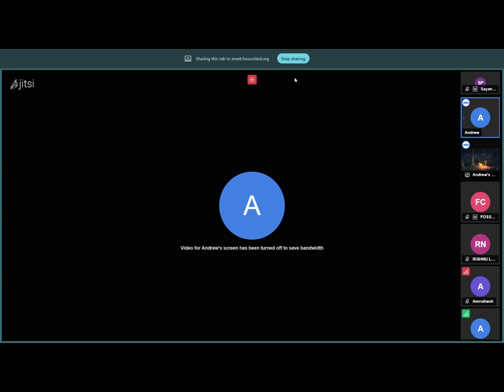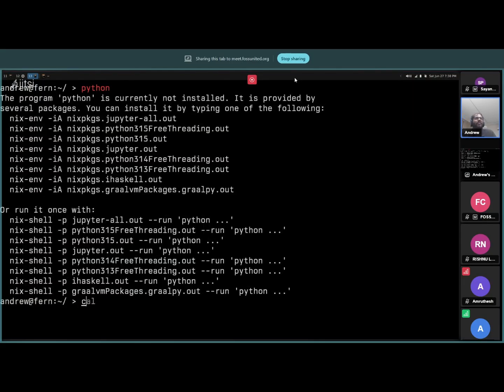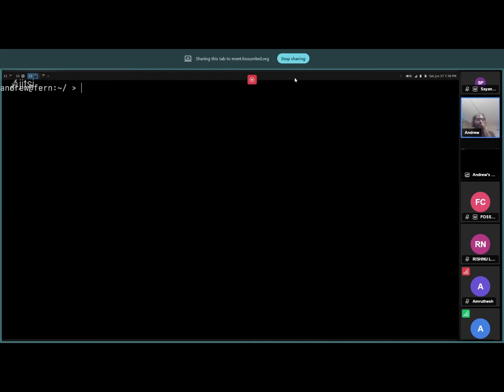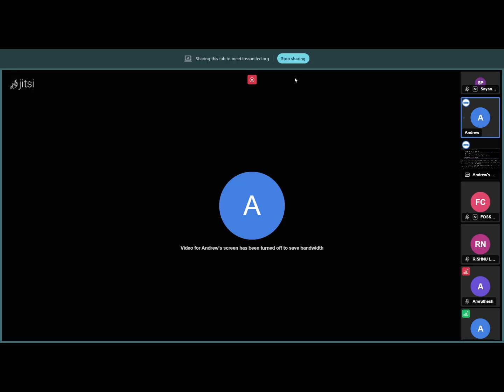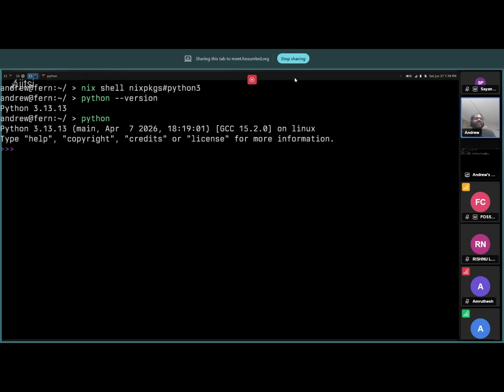So I am in my system, in my computer, and I don't have Python, for example. I don't write programs in Python much, so I don't have Python installed in my machine. So there's no Python. But let's say I quickly want Python, right? I can run this command called nix shell, nixpkgs. So in nixpkgs, I want Python. Okay, I had to say specifically which version of Python. So it's Python 3. And now if I do something, I have Python in my machine, right? So now I can compile and run Python applications.